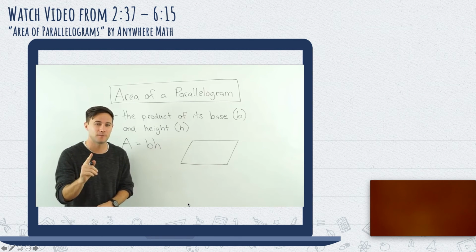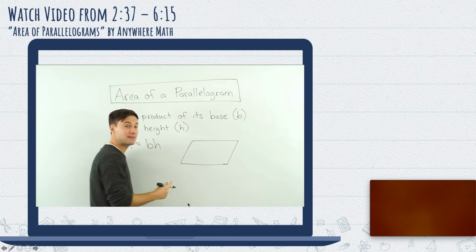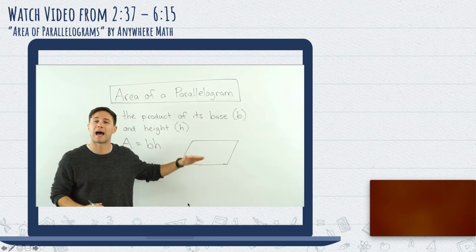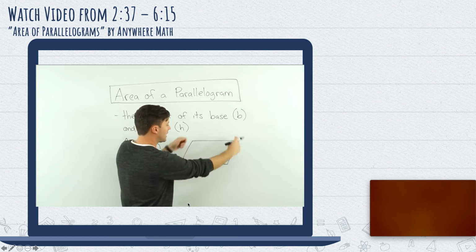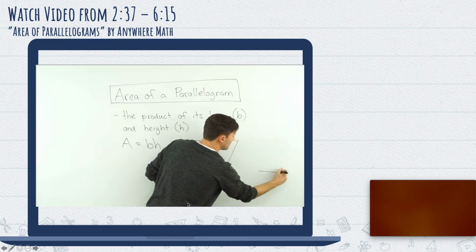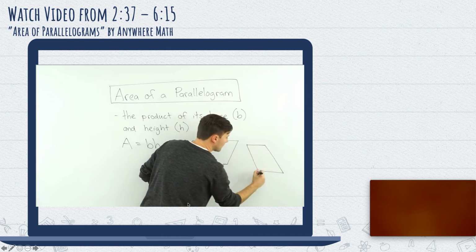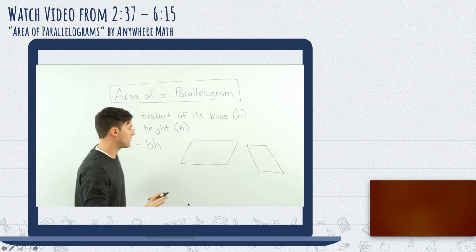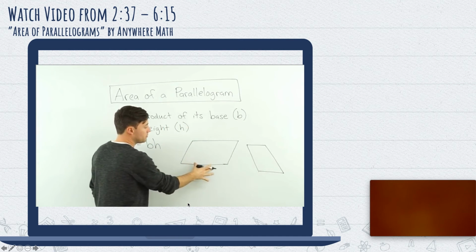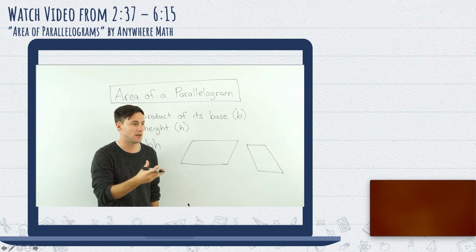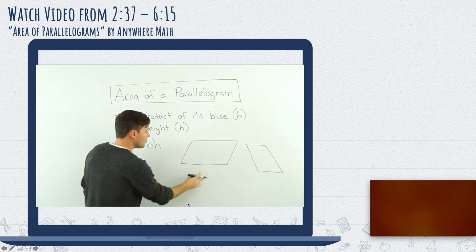And the key is the base. Oftentimes you think of it as the bottom, right? But it doesn't have to be. I could rotate this up and it could look like that, and this could be the base. It doesn't matter. Bases could be different lengths depending on how the shape is written. But for here,